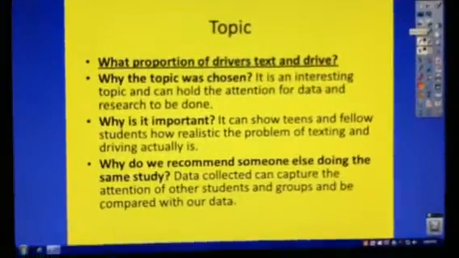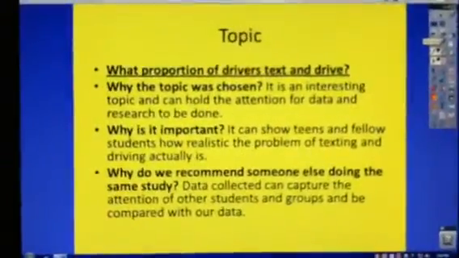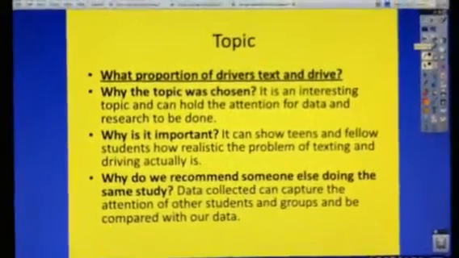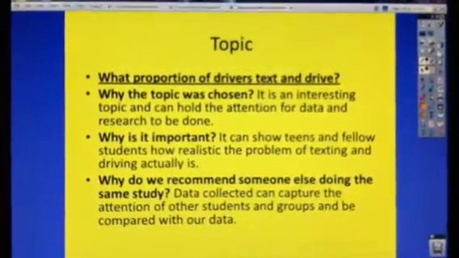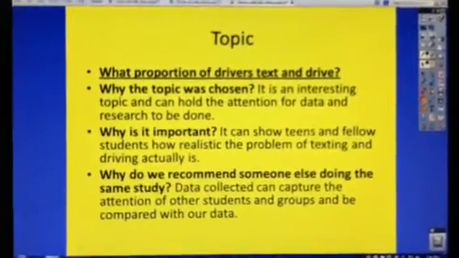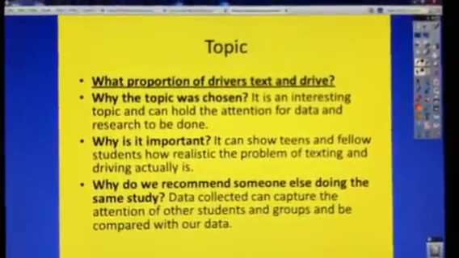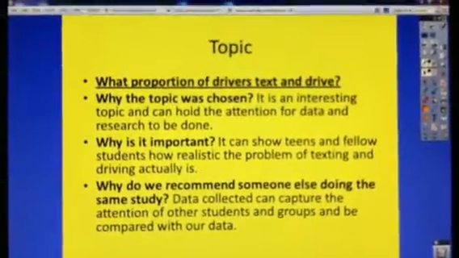Val and I did our statistics study on what proportion of drivers text and drive. The topic was chosen because it's an interesting topic and can hold the attention for data and research to be done. It's important because it can show teens and fellow